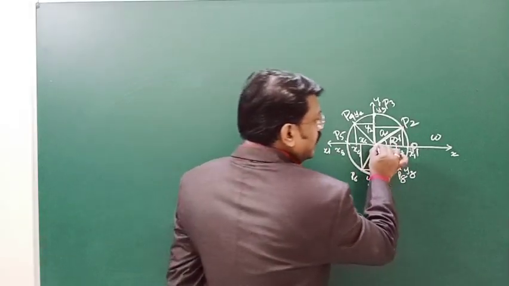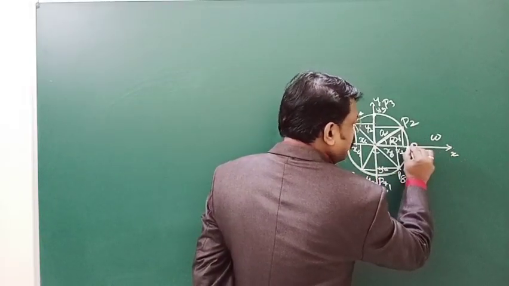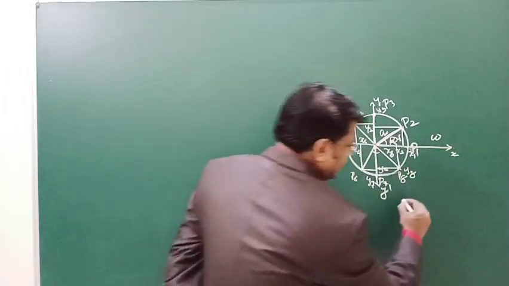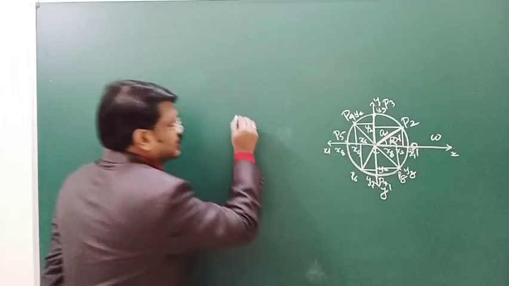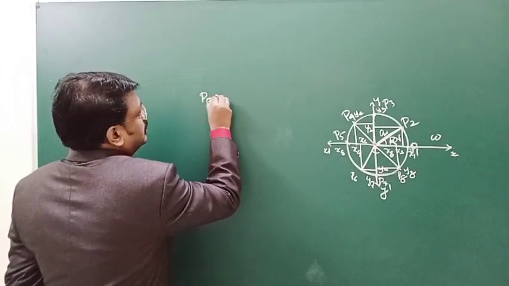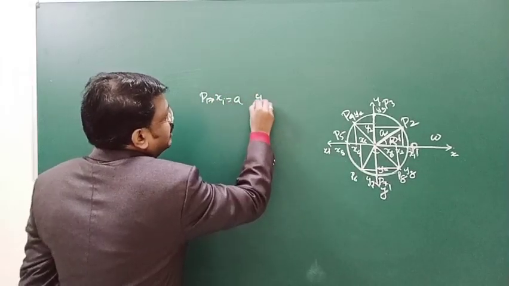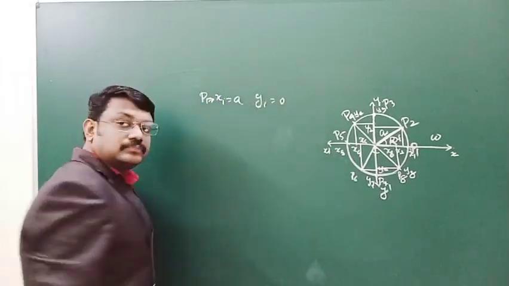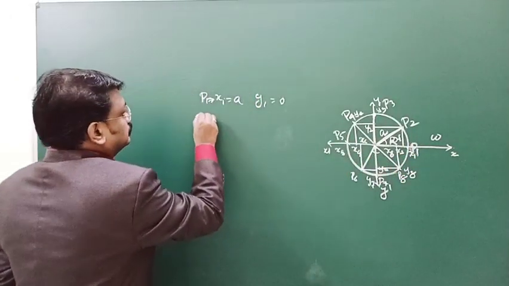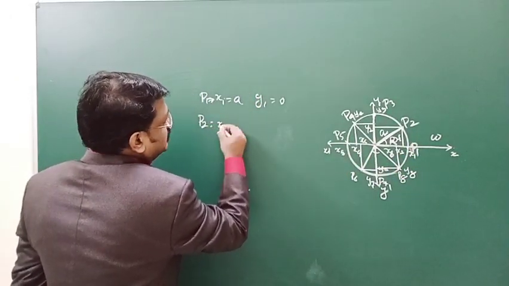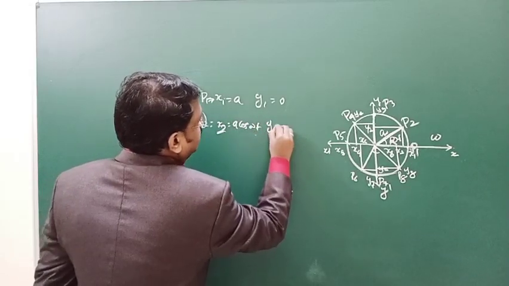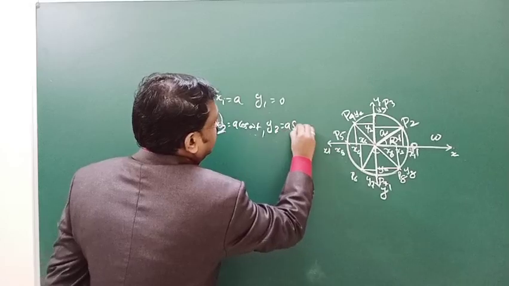Along the x axis, at the point P1, x1 is equal to a and y1 equal to 0. At P2, x2 is equal to a cos omega t and y2 is equal to a